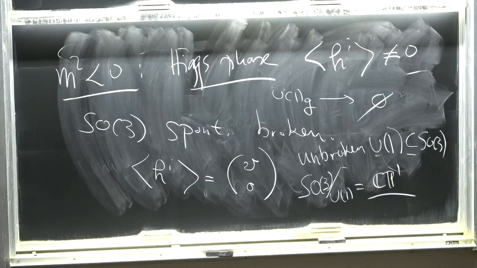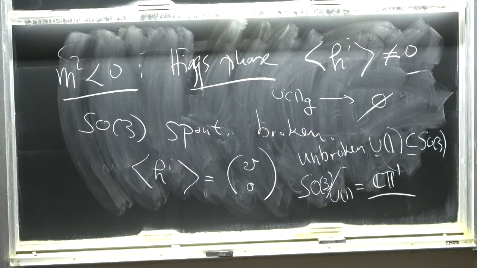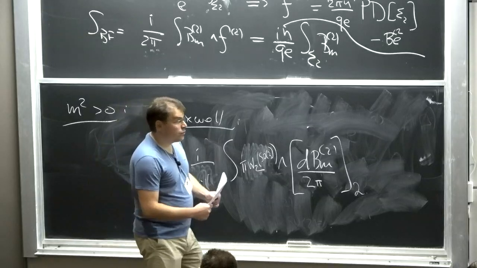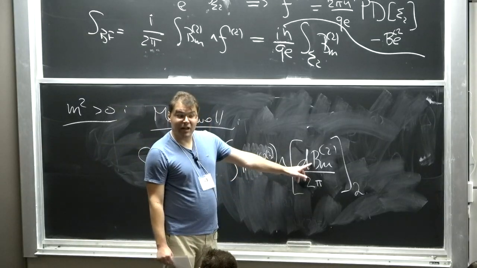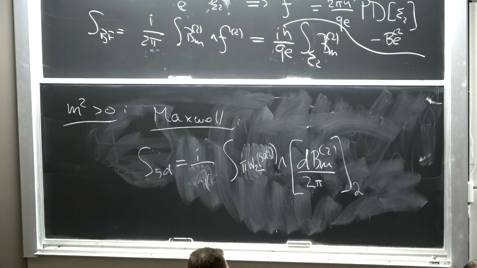This is also a model that you've seen before at this school from various points of view. Here it arises as the target space of these Goldstone bosons in our 4D theory. And the fact that the symmetry is spontaneously broken like this and that you have massless Goldstones is what manages to match the anomaly. But in order to explain that, and I'm not going to be able to do it now, I need to explain a little bit more about how the magnetic symmetry even acts in the CP1 model. So I'm going to do that tomorrow. And then we're going to graduate to non-abelian examples where these kind of abelian models that we've been discussing appear as interesting, effective descriptions at low energy.